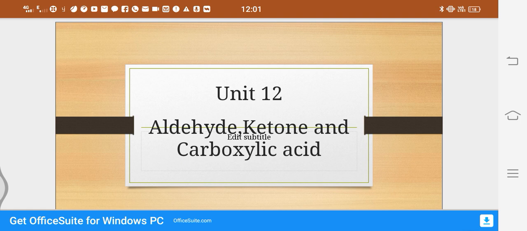We learned about organic compounds which contain a carbon-oxygen single bond, and in this chapter we are going to study organic compounds containing a carbon-oxygen double bond. In all these, aldehyde, ketone and carboxylic acid, carbon and oxygen contain a double bond.